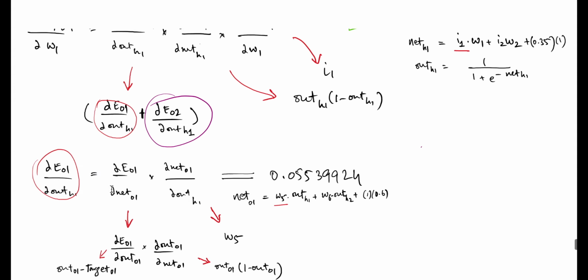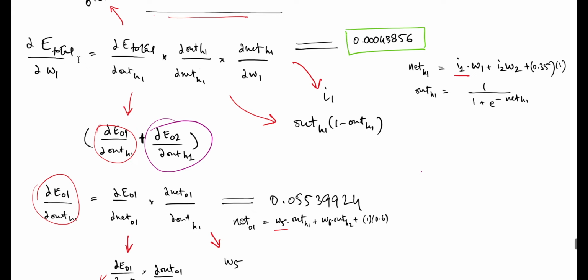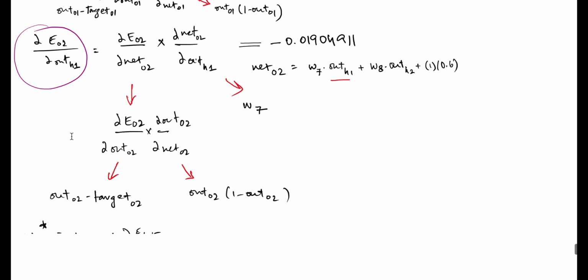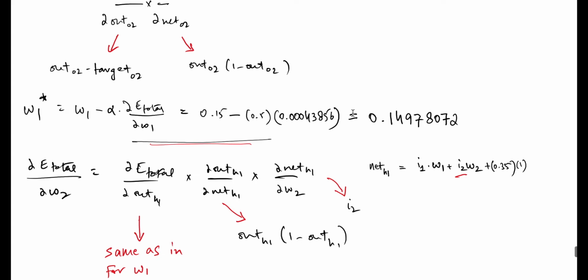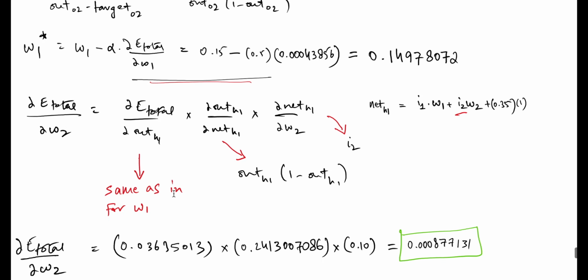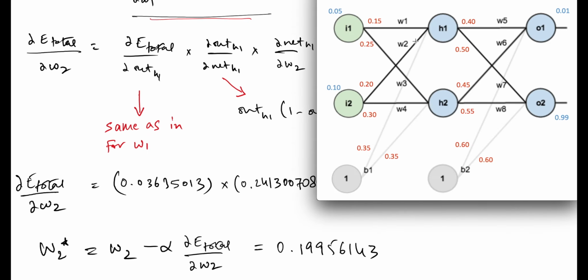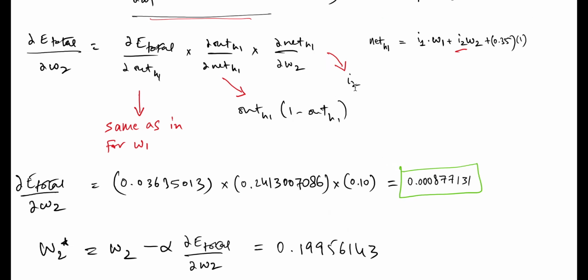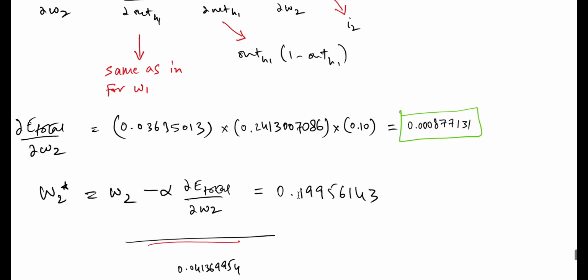That being done, we add these up together and then have them multiplied in the original chain rule to get our partial derivative with respect to W1. We do that and we update our W1 equation to get an updated value of weight. Similarly, we do it for W2. Remember, the second weight is also connected to the first neuron in the hidden layer, so it has contribution to both. But W2 is coming in from input 2. So there's a slight change which is reflected here in the net H1 equation. So W2 has a coefficient of I2, input 2, and that is pretty much what we need to change because the rest of it remains the same, and we could use those values to arrive at the updated value of